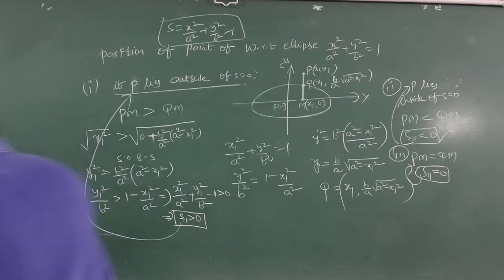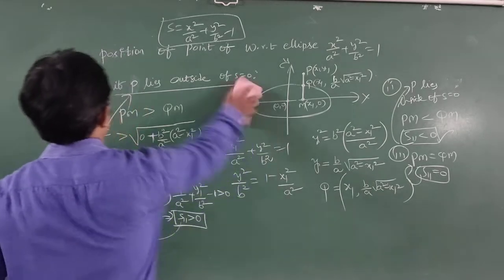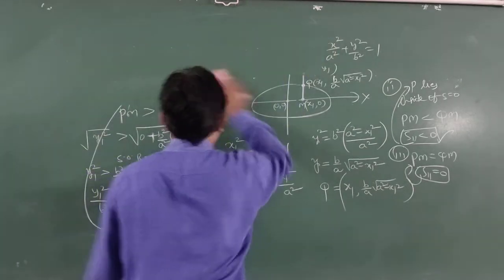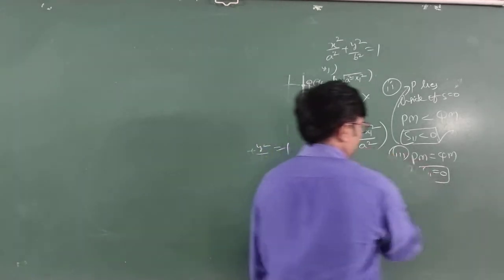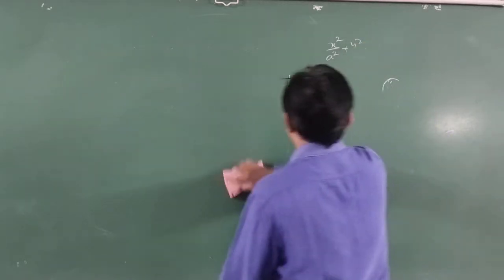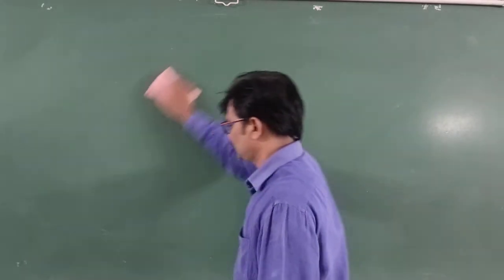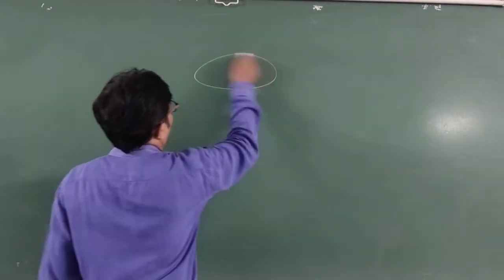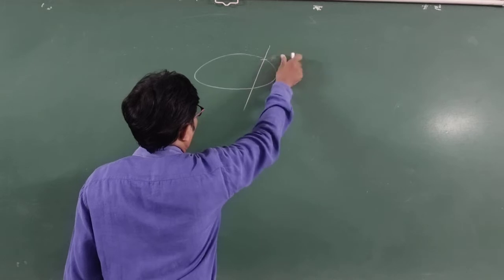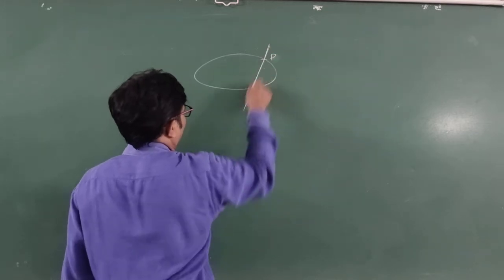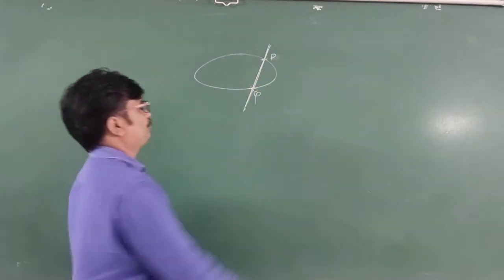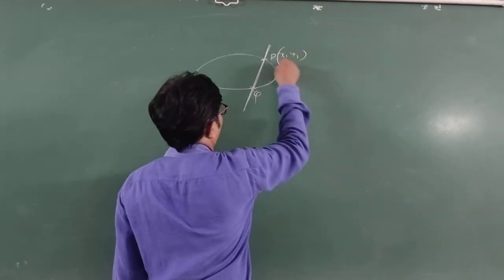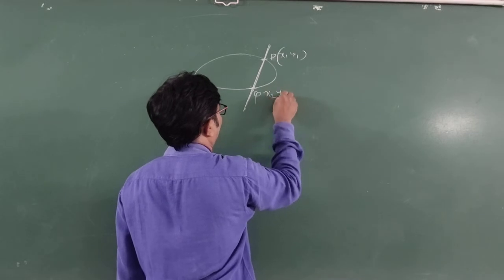Right now, students, we are going to discuss tangent and normal conditions. Just now we are going to discuss the tangent. We know that the tangent is a line. My dear students, here this is the secant line. This secant line intersects the ellipse at P and Q. Suppose P is the point (x1, y1), and Q is the point (x2, y2).